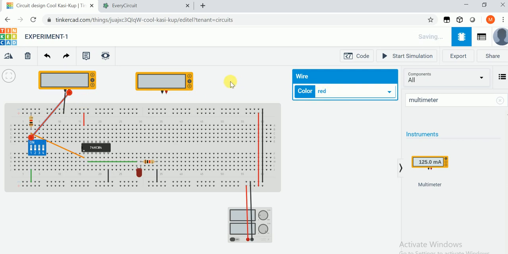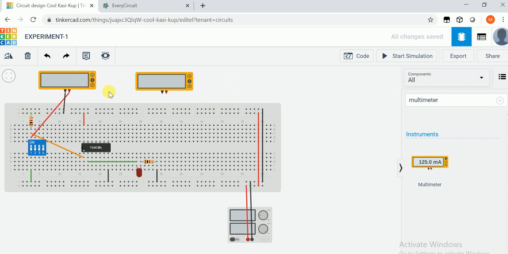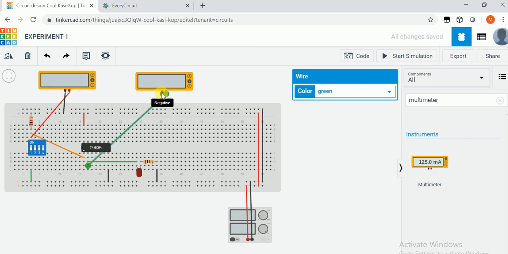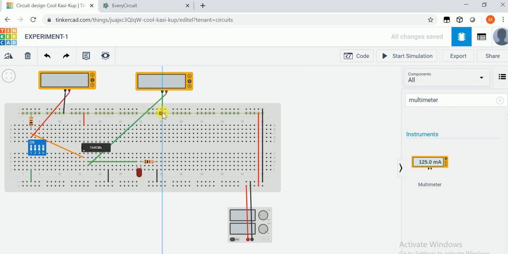This is necessary, otherwise we will get confused if there are so many wires. So again, to measure the output, we will connect it to pin number 2 and also with respect to ground.